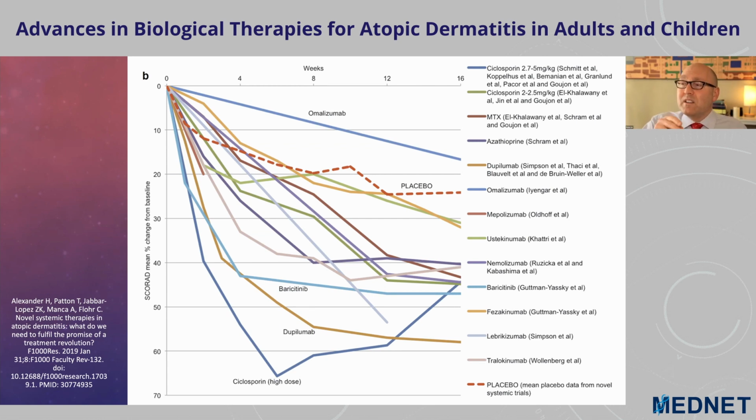And here, this is a neat one because we can see cyclosporin, we can see Dupilumab, we can see baricitinib, and all compared to placebo. We can also see Nemolizumab, an IgE blocker that didn't do so well, right? It actually failed its early trials. So it does not seem like it's going to be useful in atopic dermatitis, although of course it has other